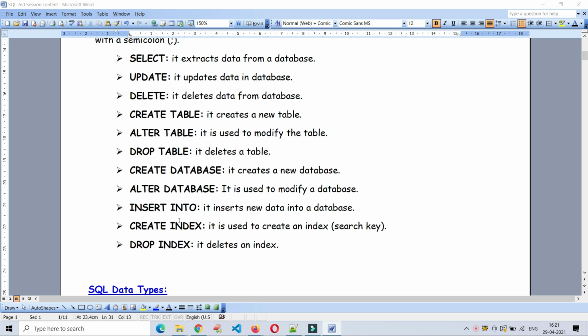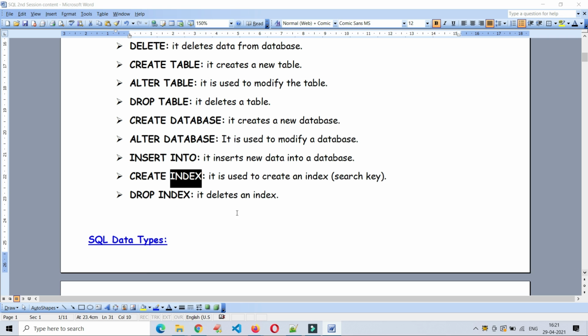If you avoid or if you ignore the indexing concept to any table or database objects, it will be a performance hit in real time. We will see with examples in later sessions what is an index, what is the use of that index, what would be the issue if you don't give the index. Okay,